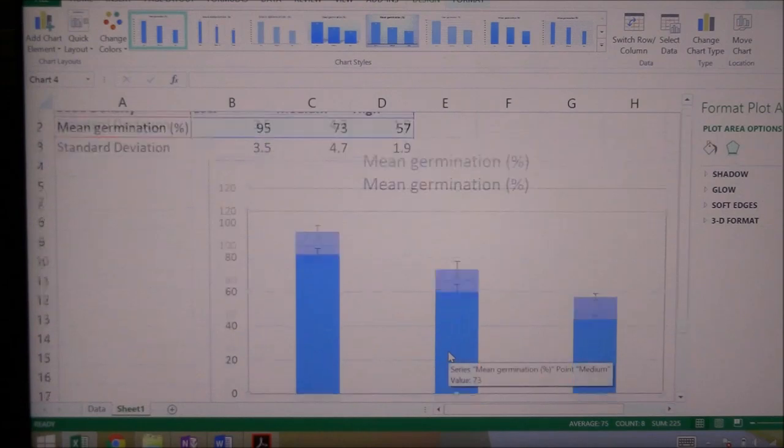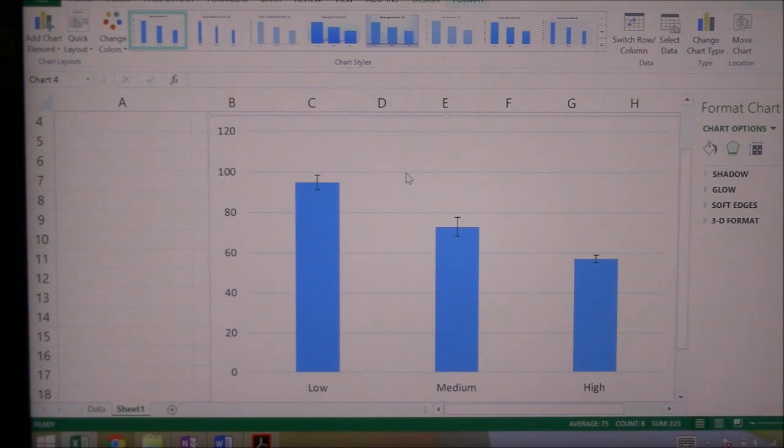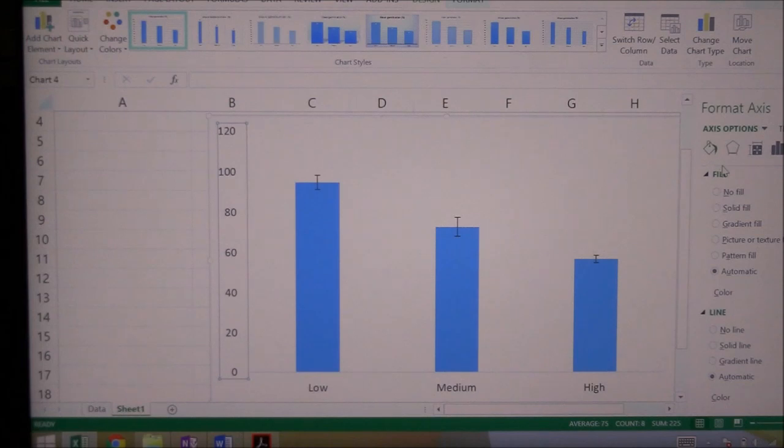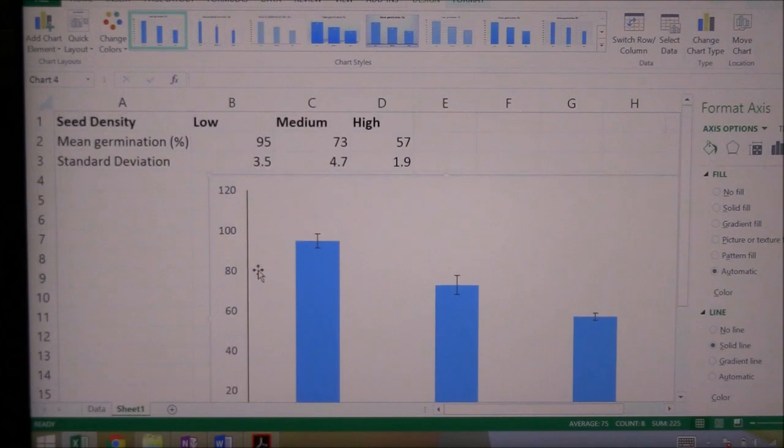Then all you need to do, like last time, is maybe get rid of the title, maybe get rid of the grid lines. Then you might want to fix up some of the lines on the axes. To do that, you just need to format axes, go to line and say solid line like that. Again, down the bottom as well. Anyway, these are all just cosmetic things, but the main thing you'd need to do is put on axes titles. So we need to know that this is seed density on the x-axis,